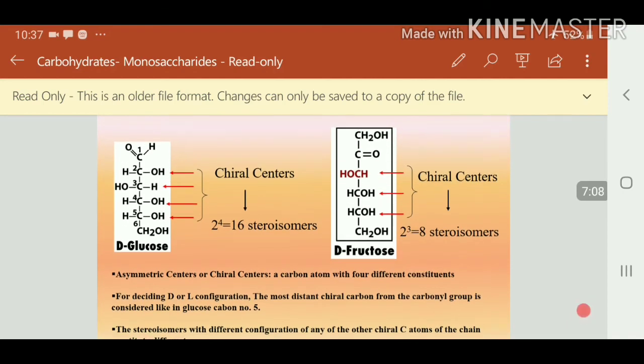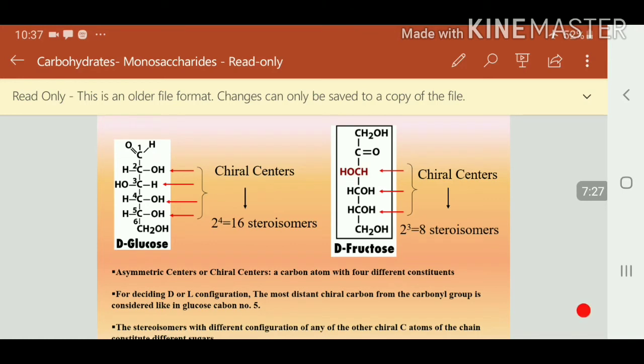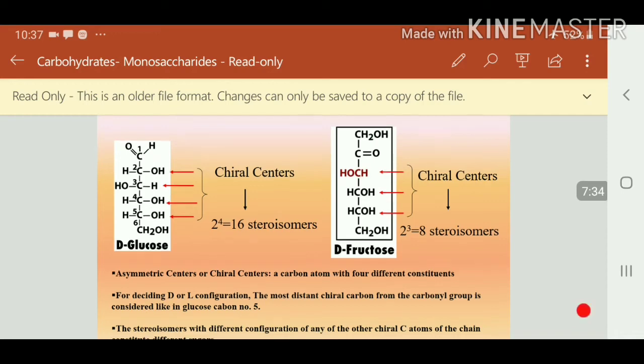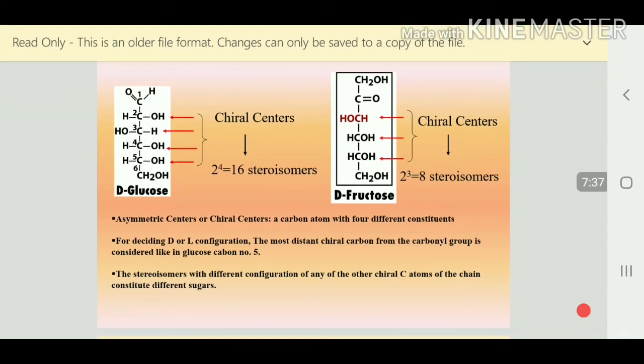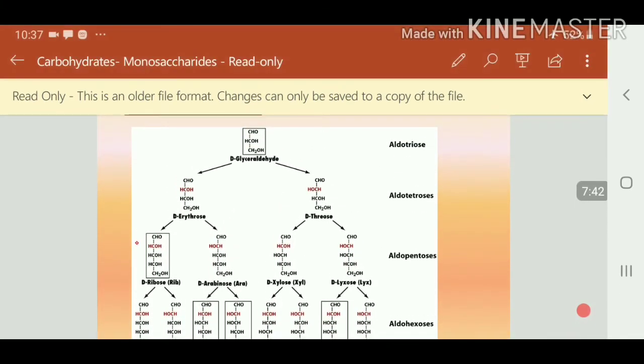For example, except carbon number 5 of glucose, carbon numbers 2, 3 and 4 are the chiral centers present in glucose molecules. So depending on the configuration of carbon atoms number 2, 3, 4, the stereoisomers are possible. For example, here